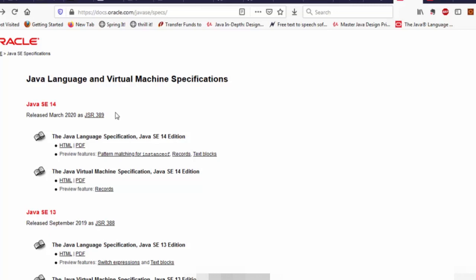This JSR is initially proposed when they want to come up with a new release. It is done by a specification lead, and the JSR goes through different phases. Initially there is a draft phase, then it goes through multiple stages, and finally there will be a final specification, which would include all the real features. Some of the features which were initially proposed may not make it to the final specification.